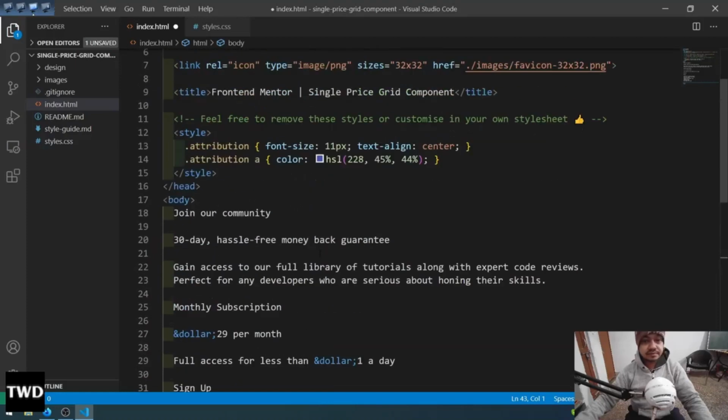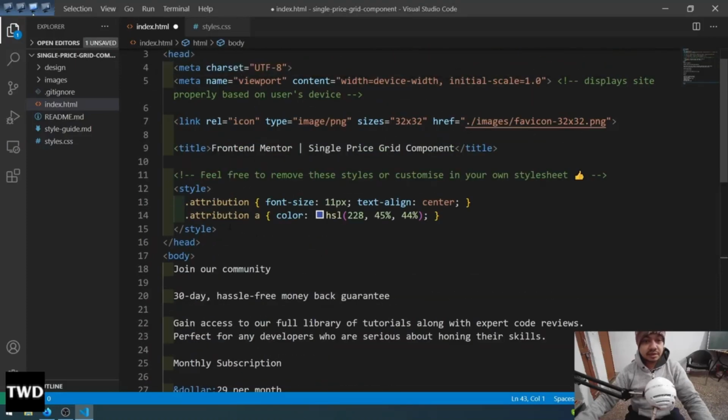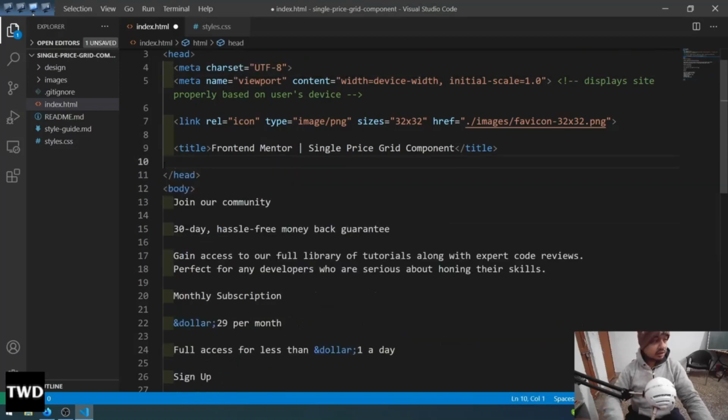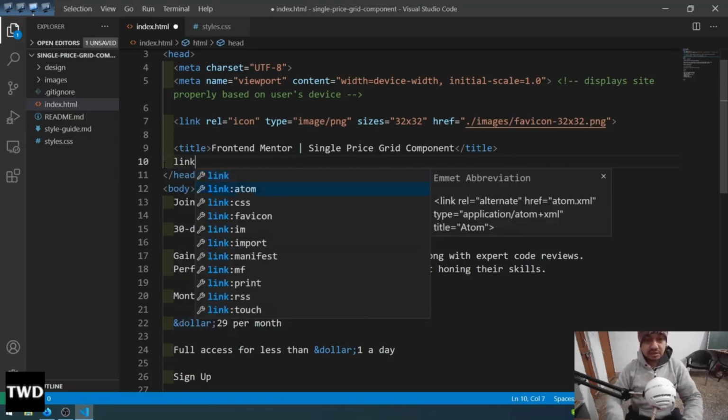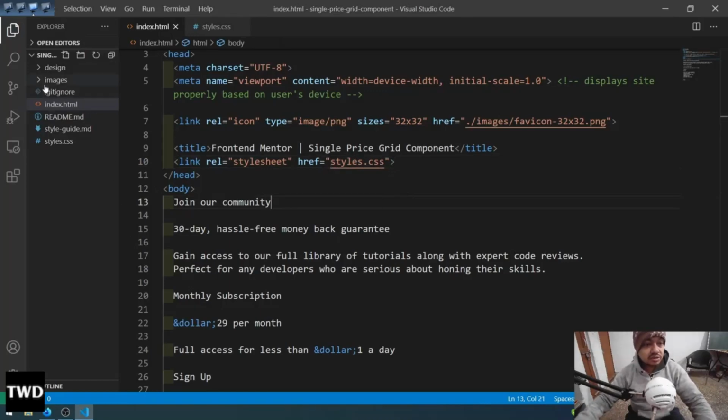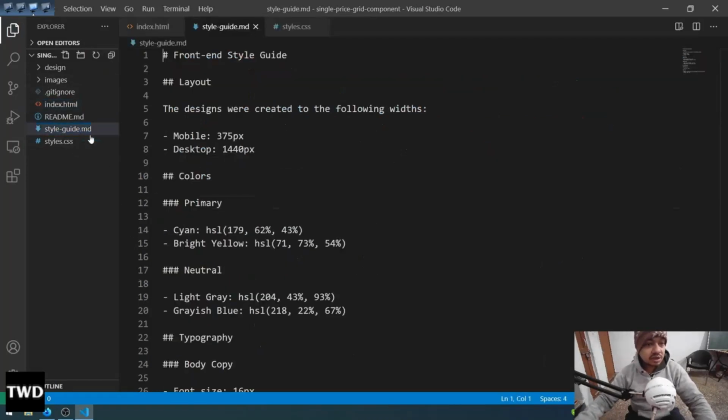Okay, and then I'll remove this as well, and then after that I will give the link to the CSS. This is styles.css. Yeah, so my style sheet is linked, and now let me see what is in the style